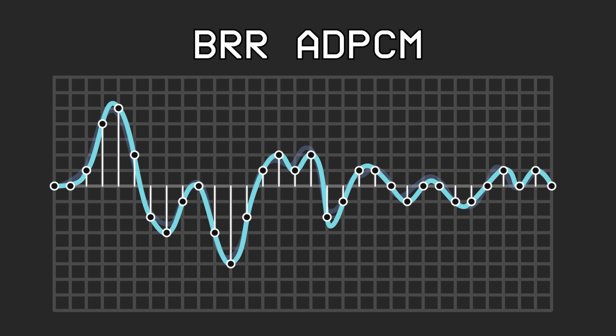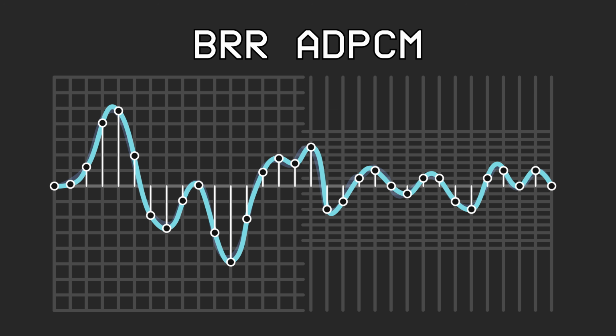The differential in ADPCM comes from the fact that samples can be differentially coded. I'll touch on this more in a bit, but essentially a higher resolution can be achieved by using previous sample points to help predict what the next sample points in the overall sound sample will be. And then the adaptive comes from the fact that we can change what the quantization step is throughout the length